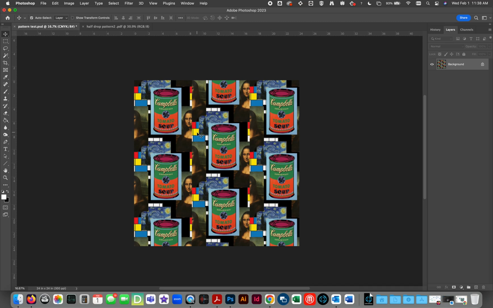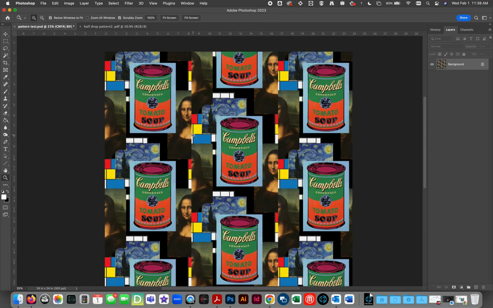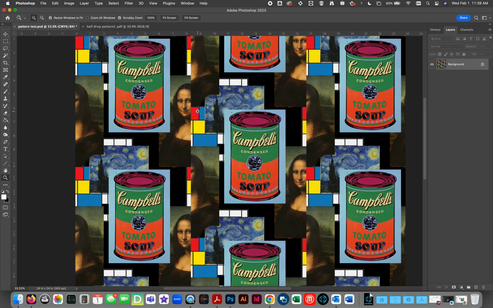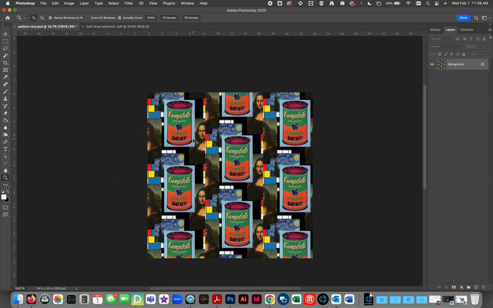Our only problem is the seam. I'm going to zoom in. The seam between the Mona Lisa and the Mondrian painting. We don't like the seam. We want to smooth that out. Command H shows us the module. What we can do,